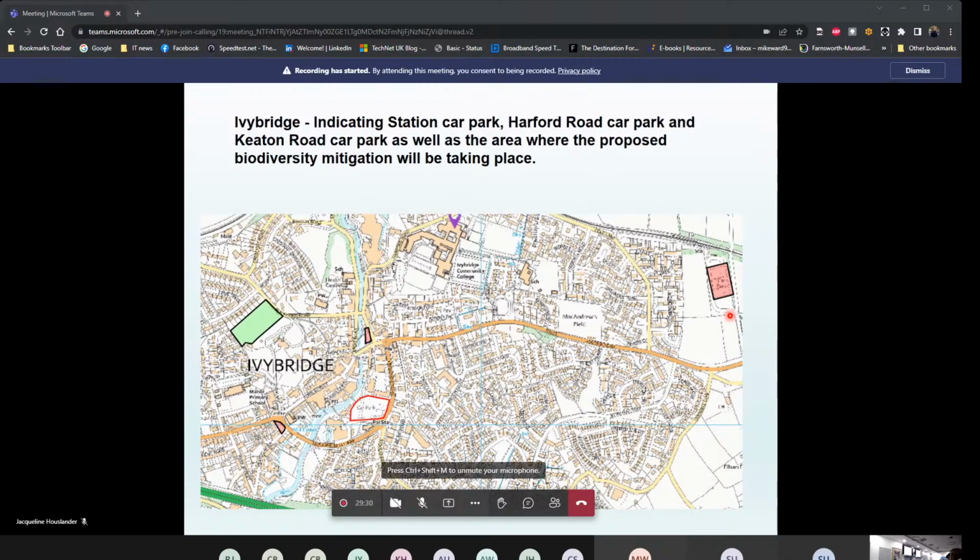The cost of mitigation. This is further to Councillor Hodgson's questions. It's written up as 172,000. I would like to understand how that figure has been arrived at,